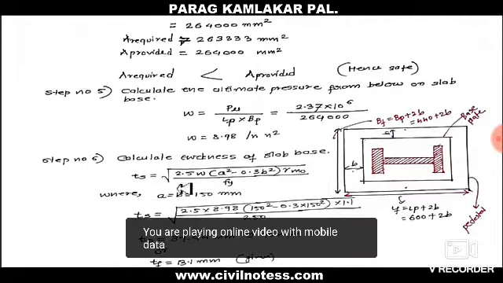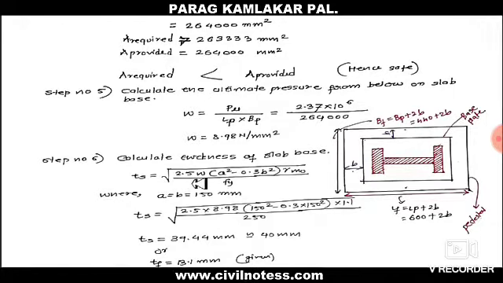For determination of thickness of the slab base, we have step 6. So t_x equals the square root of 2.5 times the ultimate pressure times (a square minus 0.3 b square) times gamma_mo by f_y. Here we can represent b square as a square, so directly we can replace a with b or b with a.